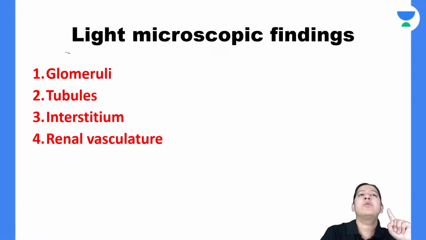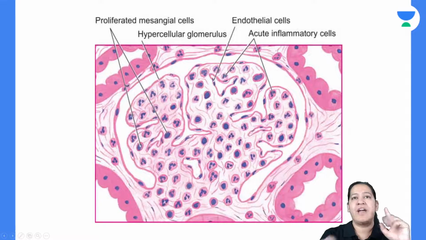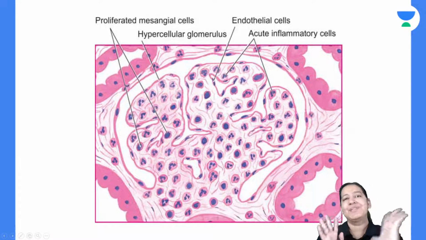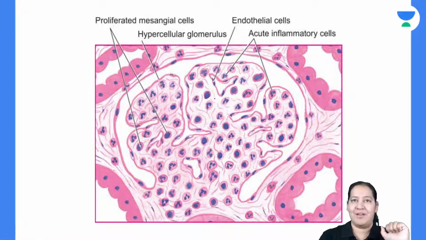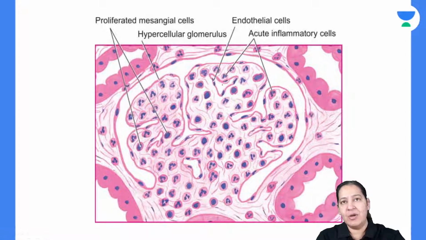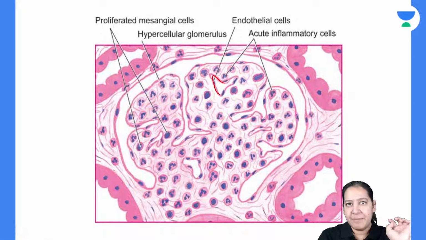So the first microscopy is light microscopy. This is the diagram of light microscopy. So this is a glomerulus. Can you appreciate a glomerulus? In the glomerulus there is a filtration barrier, right? Can you appreciate this is the endothelium, this is the capillary. Please appreciate the capillaries, multiple capillaries. Let me draw few of them. So these are the capillaries. Now please see the lining of the capillaries.